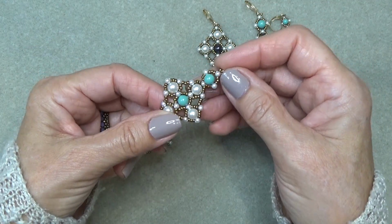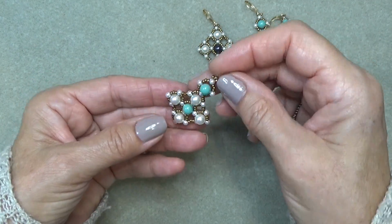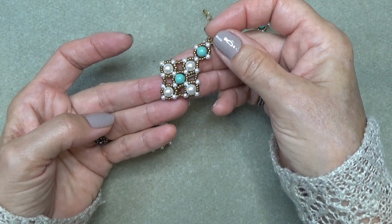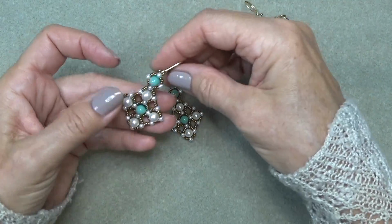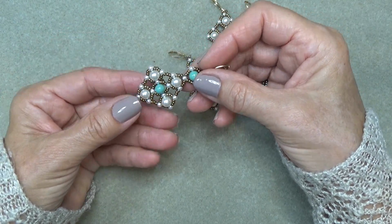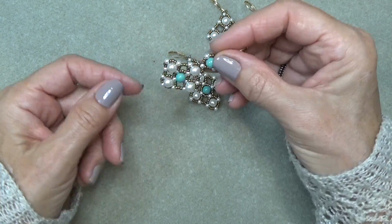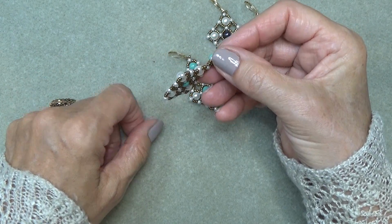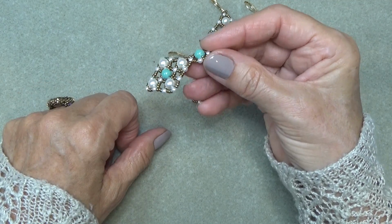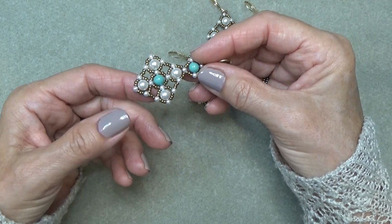Of course, if I go like this, yes, it's going to bend, just like all earrings do. But it did hold its shape. It didn't cave in. It looked like it was fine. So on this one, this is the other earring, I actually used a product to stiffen the beads. And you see how, okay, that's pretty stiff. If I bend it, I can break the seal, but over time I'm sure it will